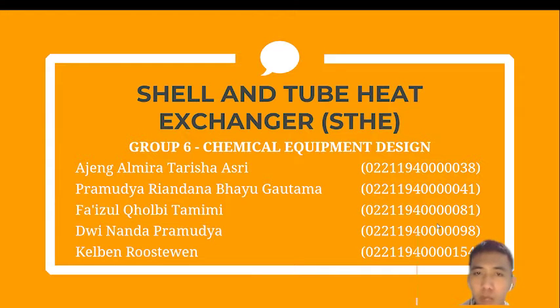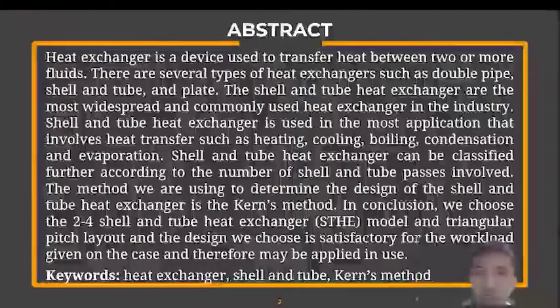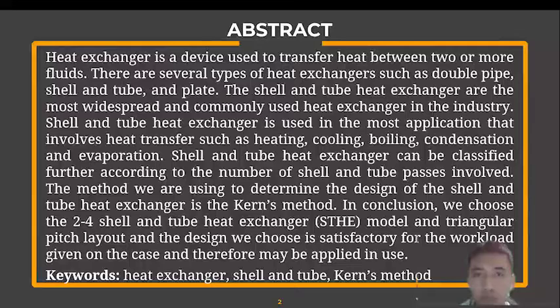Group 6 Chemical Equipment Design will present the shell and tube heat exchanger. Here are our friends: Ajeng, Faizul, Dwinanda, and Kalpan. A heat exchanger is a device used to transfer heat between two or more fluids. There are several types of heat exchangers, such as double pipe, shell and tube, and plate. Here we choose the shell and tube because it is the more widespread and commonly used heat exchanger in the